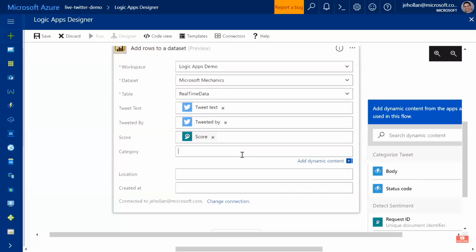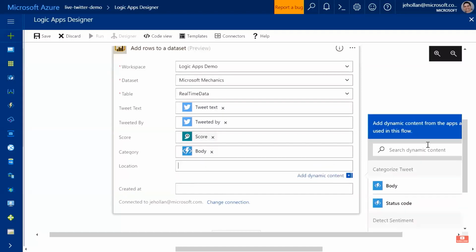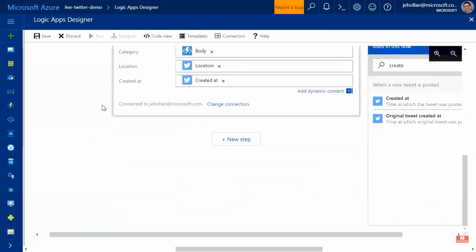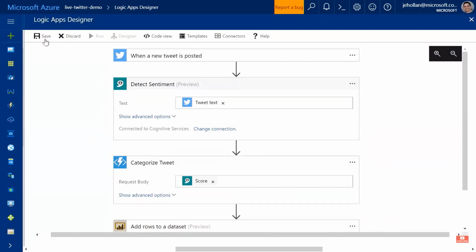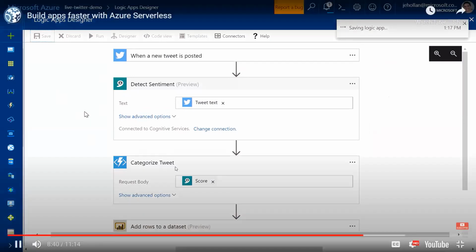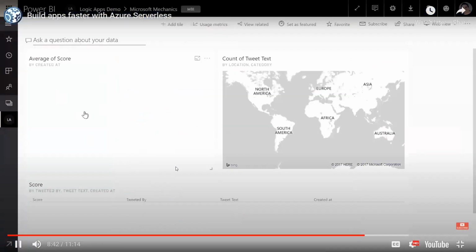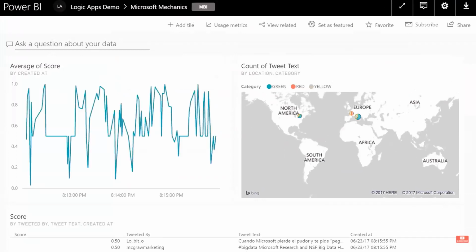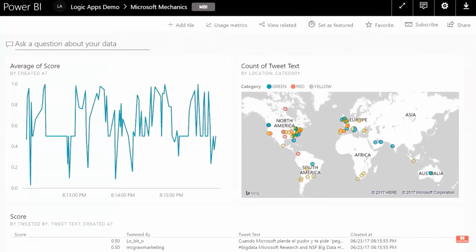Yeah, so I'll go ahead here and finish pushing this data to the Power BI connector, things like that category that we generated from the Azure function, the location of where the person is tweeting from, and when this tweet was created at. And what's powerful here is now I've created this, and I can simply click Save to publish it, and it will start triggering on those events from Twitter. So I'll go ahead now and switch to this Power BI dashboard, and in just a few seconds, you'll start to watch this dashboard light up as people are tweeting about Microsoft.